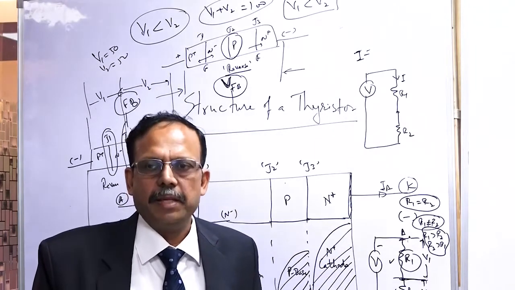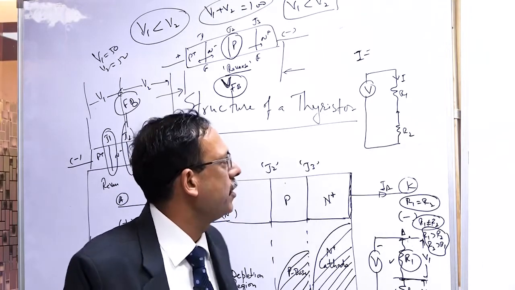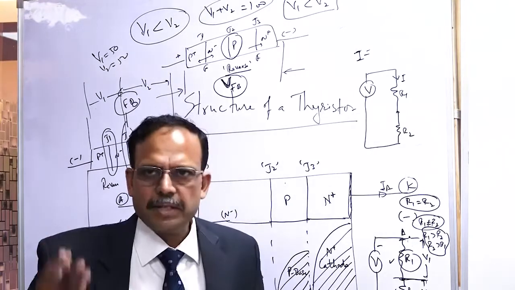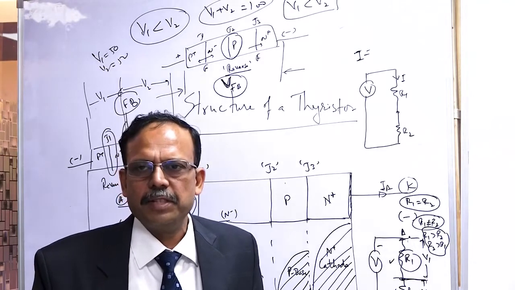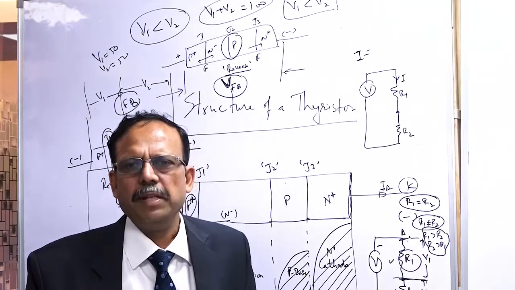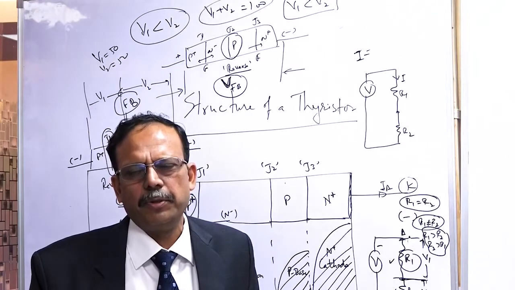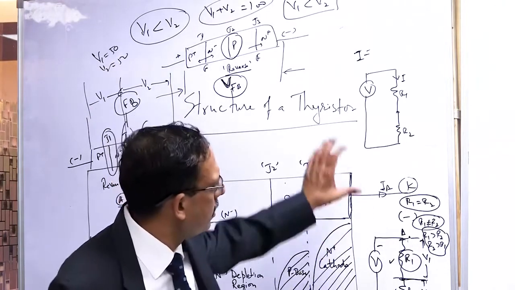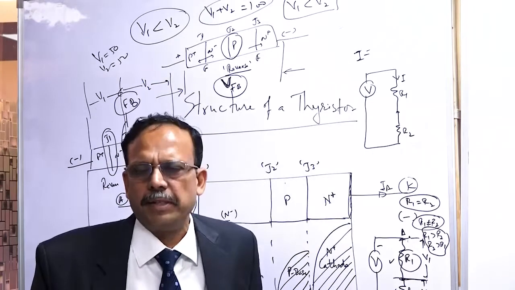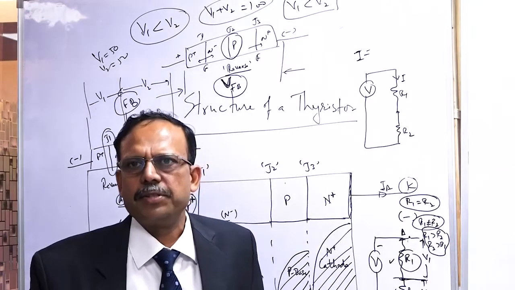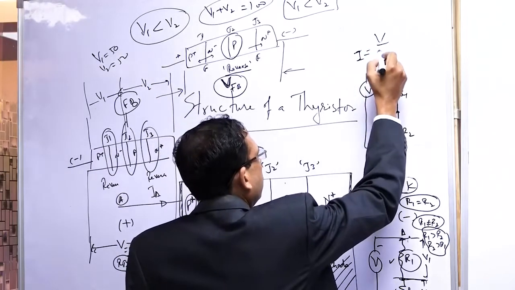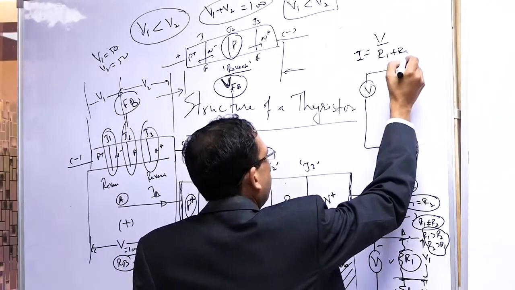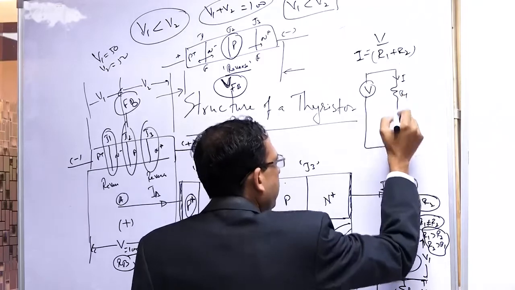Ramesh Krishnan ji, and anybody for that matter, what is the expression of current? Current is equal to, please write it down, think about it, because then only you will be able to remember it. Once you understand that, all the problems will be clear. Yes, Ramesh Krishnan ji, you are right. Current is going to be V by R1 plus R2, correct. So the same current is flowing.